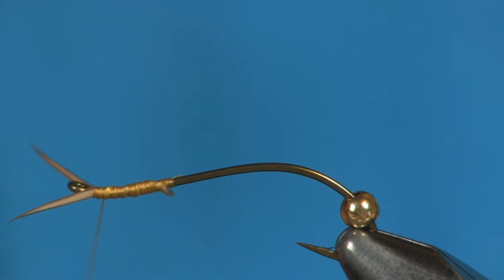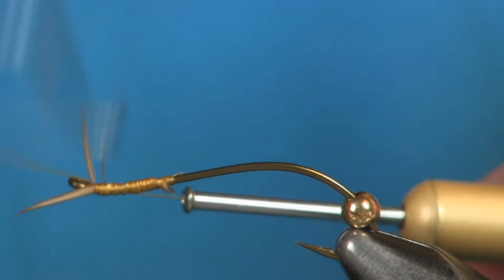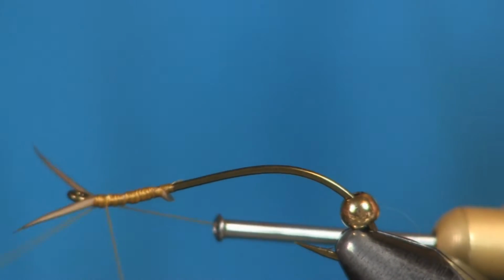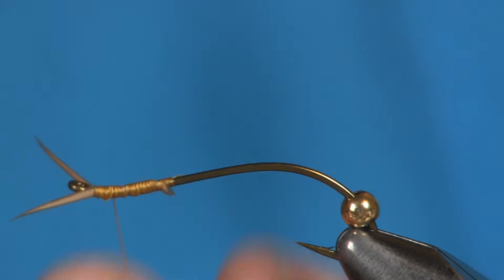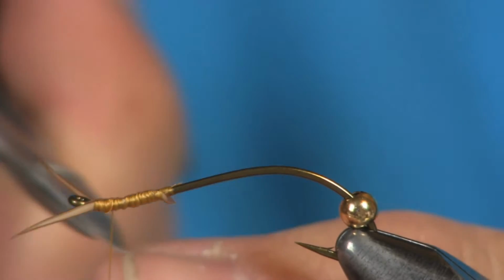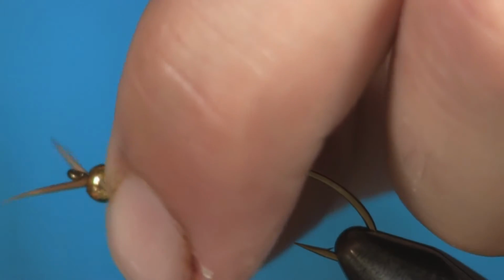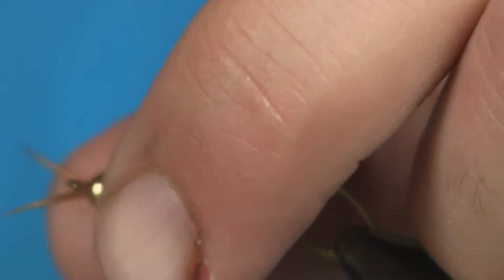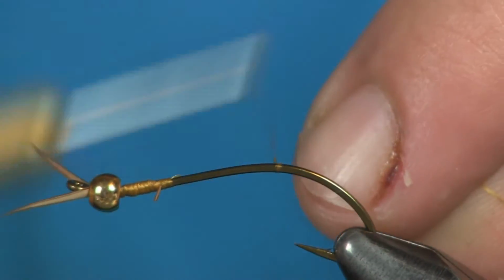because we want our thread to go behind the bead here. So I'm just going to put a quick little whip finish on here. Okay, now we're going to cut our thread off and bring our bead up, and slide the bead right up to the eye. Okay, now we're going to come back to the back,